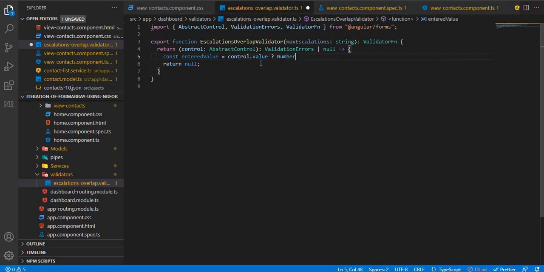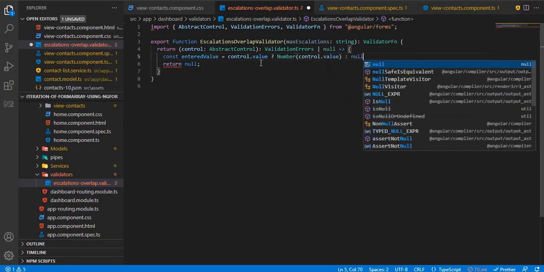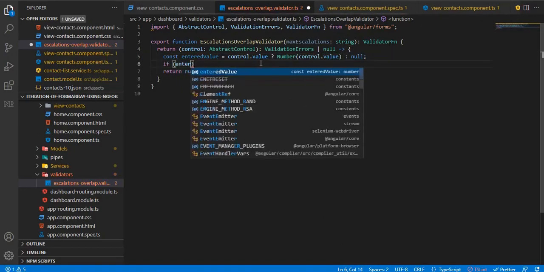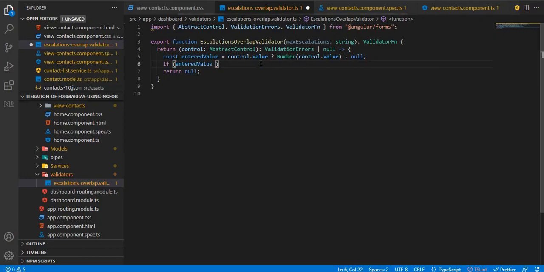Let's convert it into a number for our sake: Number(control.value), or else null. Now we need to check if the entered value is greater than the max escalations. As we are taking maxEscalations as a string, we need to convert this into a number as well.